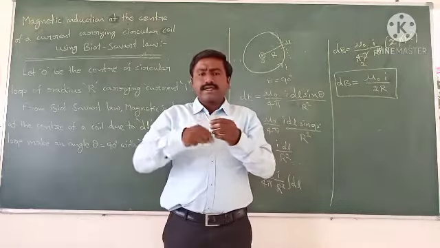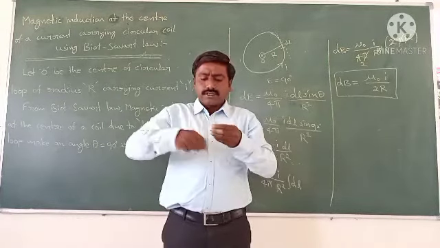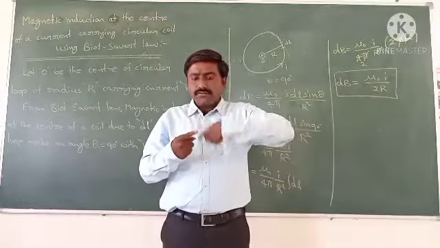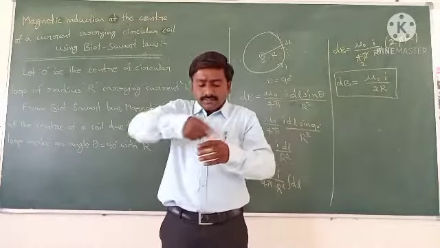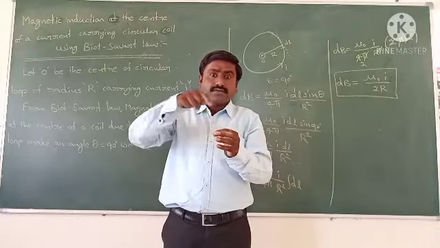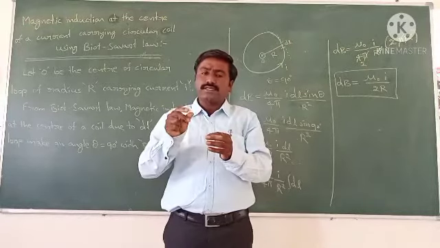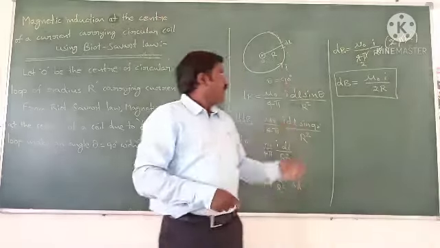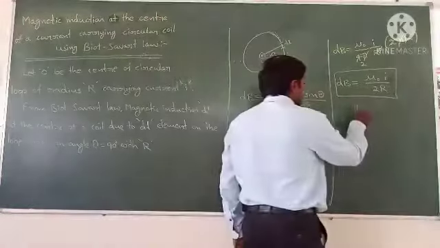Otherwise, take a group of threads, some 20 or 50 or 100, whatever it may be, and form a circle. Then there is a circular coil consisting of number of turns. If you combine 50 small threads, then the number of turns in the coil is 50. So if the circular coil consists of capital N number of turns,